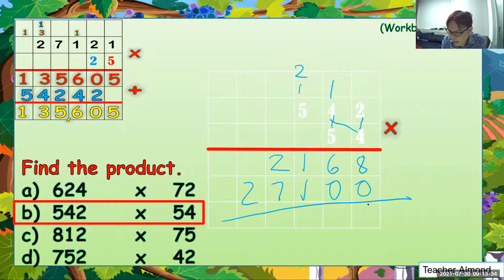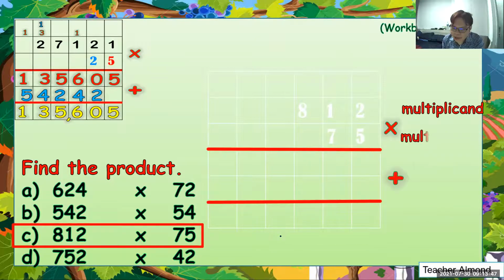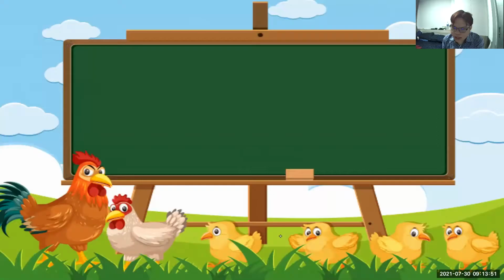Okay, now add them up. 8, 6, 2, 9, 2. And then count 1, 2, 3, put comma. Okay, so that is how you multiply numbers from right to left. Understand? Okay, now let's continue with